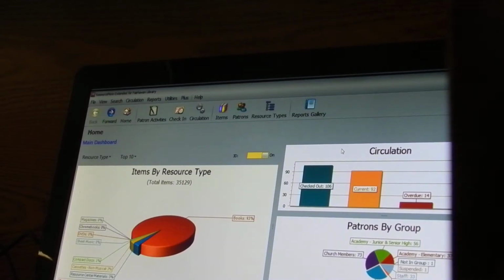Okay, in this video we are going to show you how to run overdue notices and print out an overdue list. Okay, so again, we're at our dashboard here, and for this we can't use our action buttons here. We need to actually go to the file menu at the top, and for running the